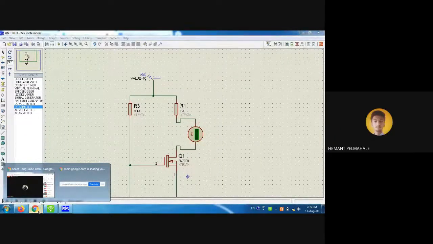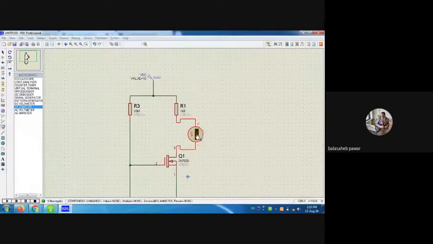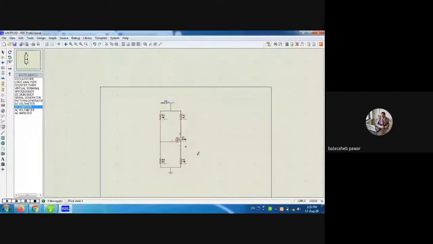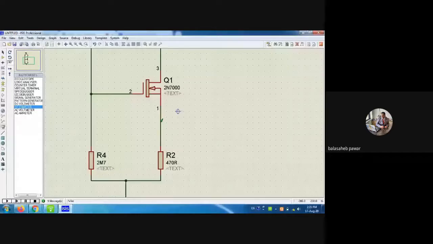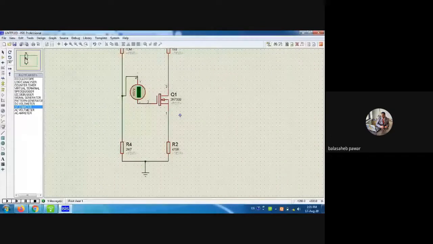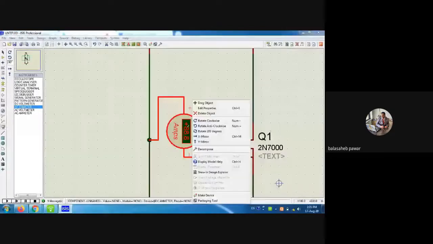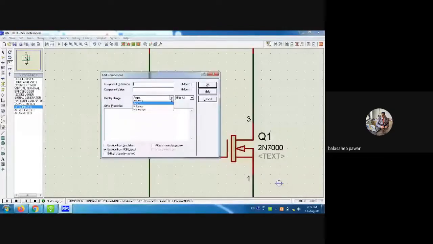Okay. Again, I will remove this current meter. We will connect that resistor as it is. Now, I have to check the value of this IG. Generally, we are saying that IG is 0. But practically, whether it is really 0, we have to verify. So what I will do, I will connect this current meter again in series with the gate and that node which is formed by R1 and R2. Again, by default it is in ampere, so I want to change it to milliamp, and we'll say okay, and again we'll run it.